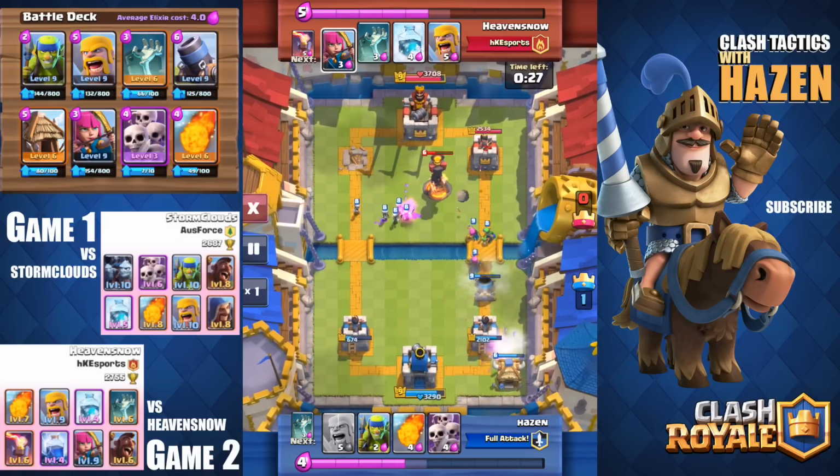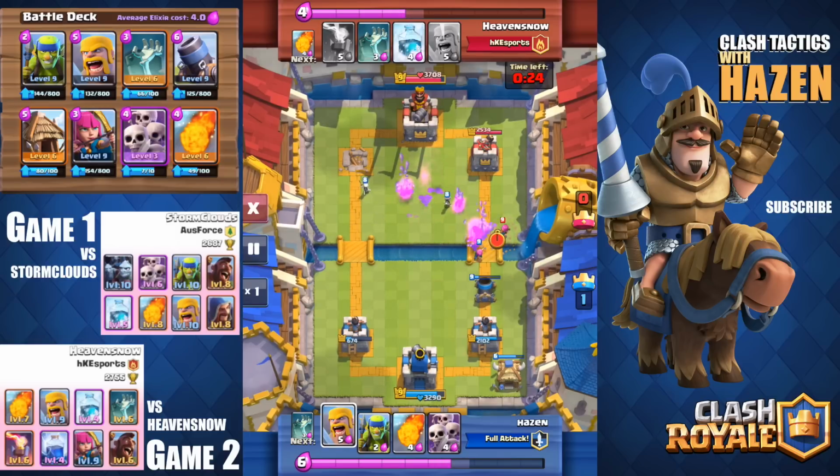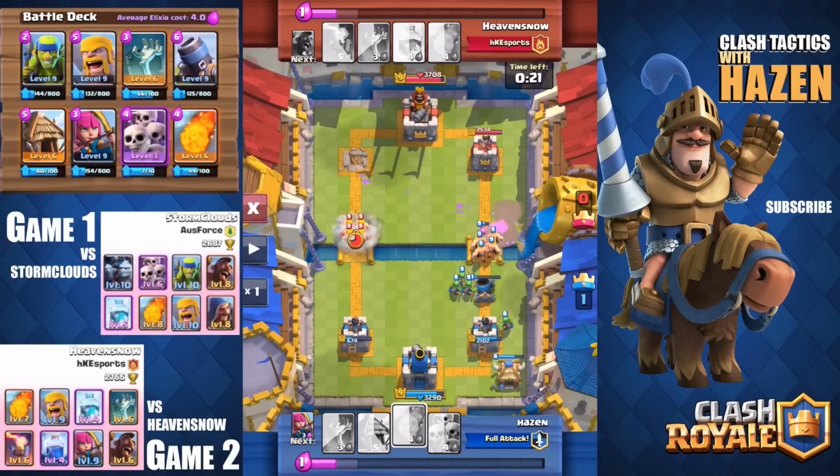Now he does lightning it, great play by him. That mortar's not going to last too much longer. But unfortunately, again, if he's using lightning, we got to make him pay. So we have a free push on the right side. I don't really have too much of an answer on the left side here. So